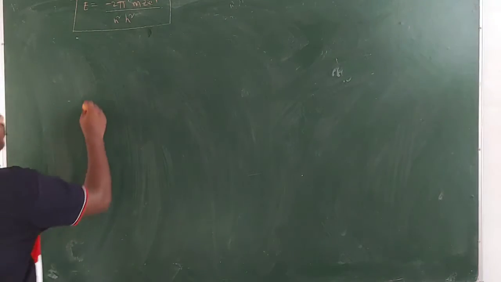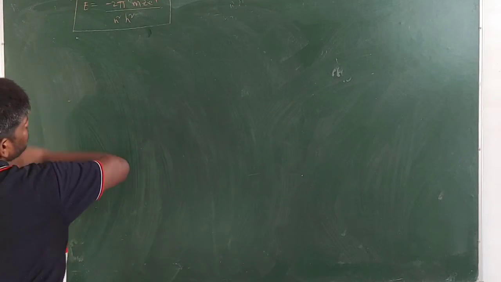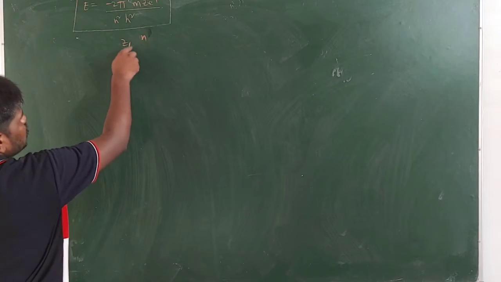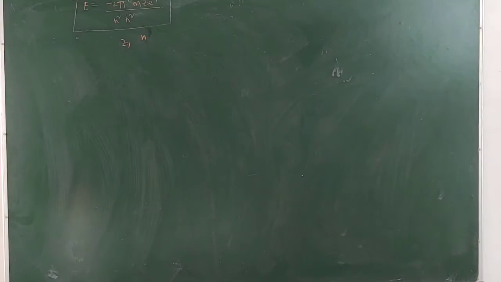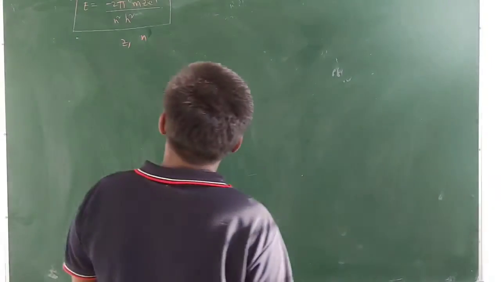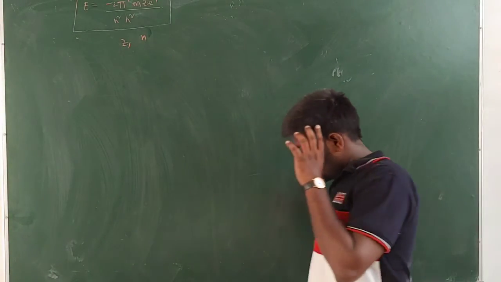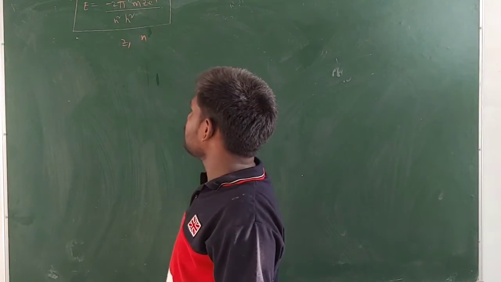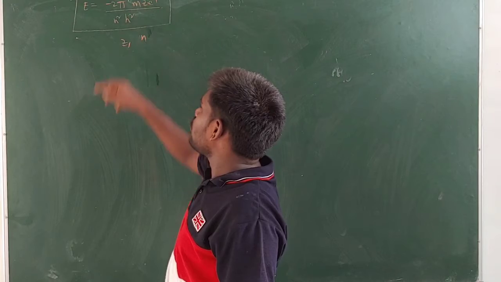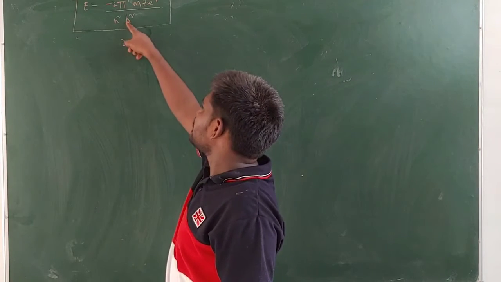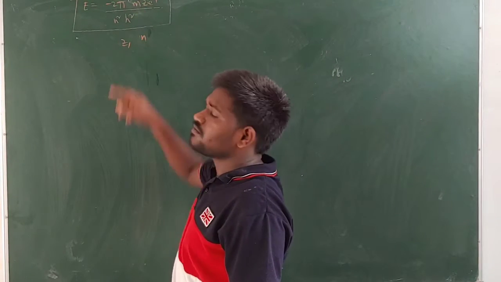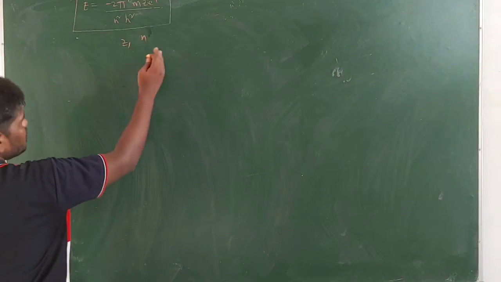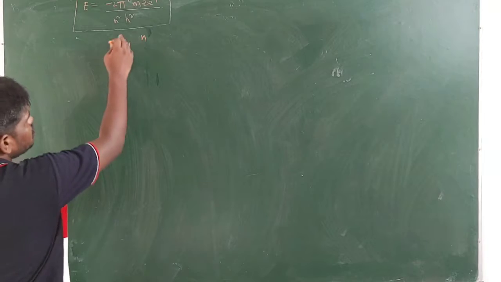Now in this equation, first you see that except Z and N, these two are variables. Z means atomic number, so that depends upon the atom or the particle. Next one N, N means shell number. Except these two, the remaining are all constant terms: Planck's constant, mass of the electron and charge of the electron. That's it. So now let me separate the variables and constant terms in this equation.